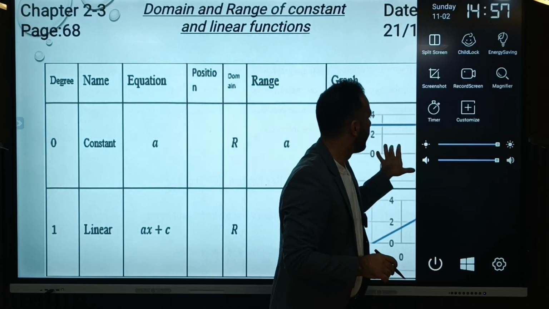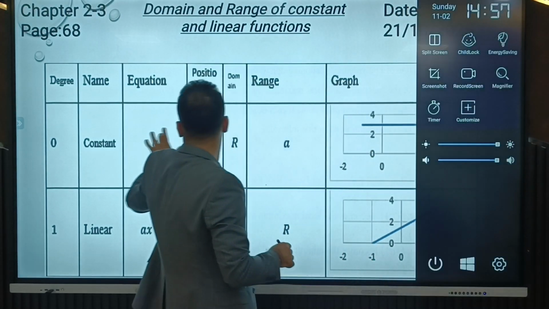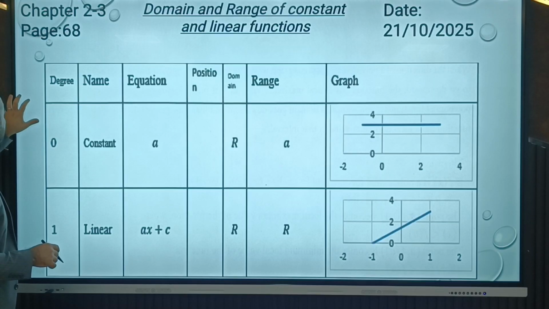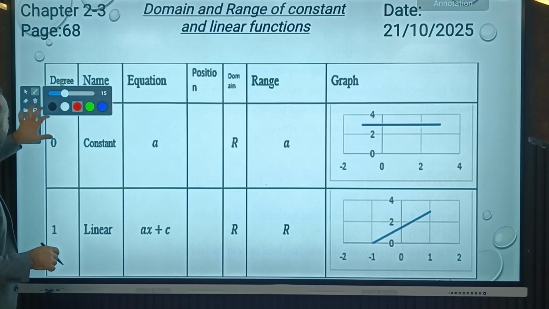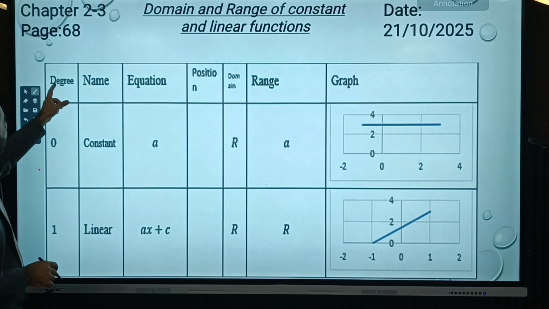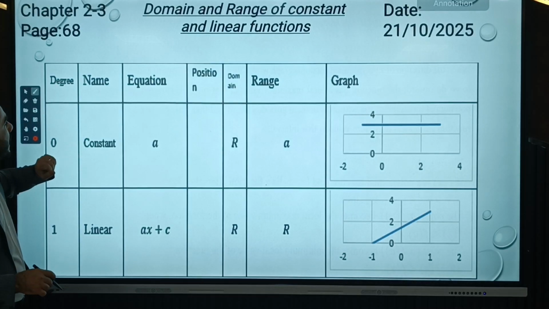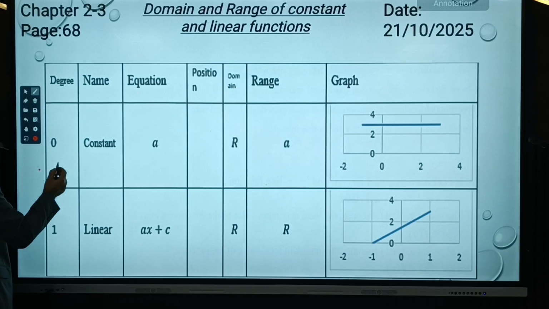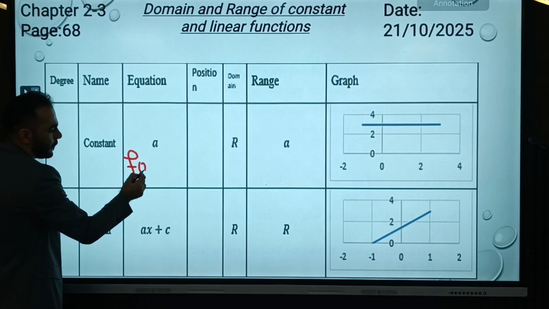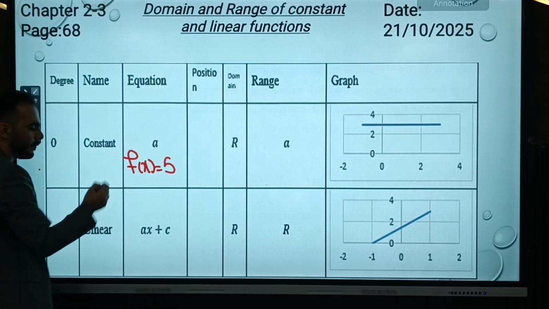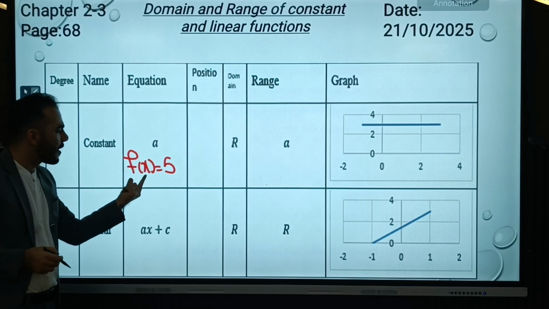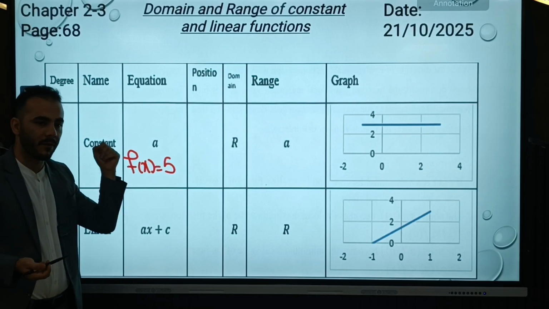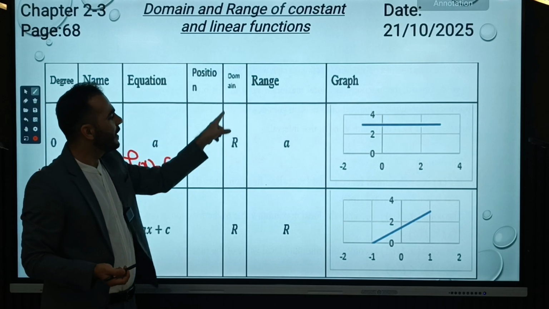What is the color? Red. Perfect. So the first one is constant equation or constant function. Let's say f of x equals to 5. Our function equals to a constant term. That is a constant function, by the way. So its domain is R, from negative infinity to positive infinity. I already said that domain